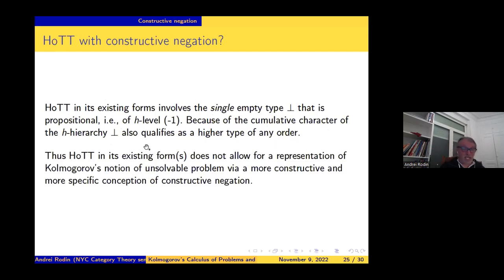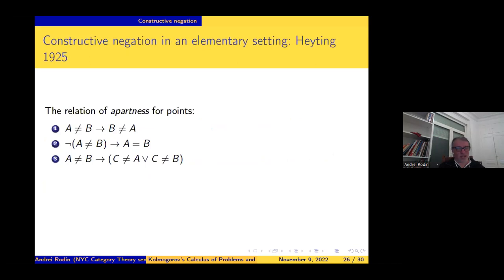And to realize this idea in HoTT, we would need a hierarchy of empty types. So we would have empty types for each homotopy level, such that it would still work from the bottom up. If things are contradictory, we cannot do them, of course. But it could be possible that we might not do them for some other reasons, not because of logical contradiction. And that's, I think, historically a rather old topic, and it was actually in Heyting's dissertation,